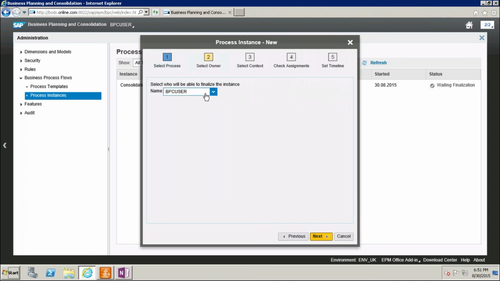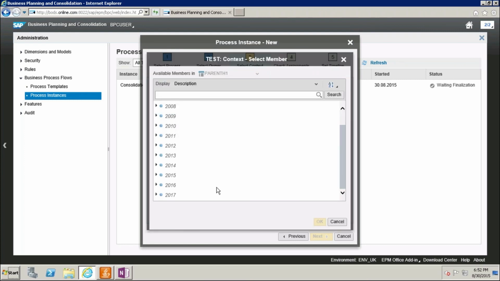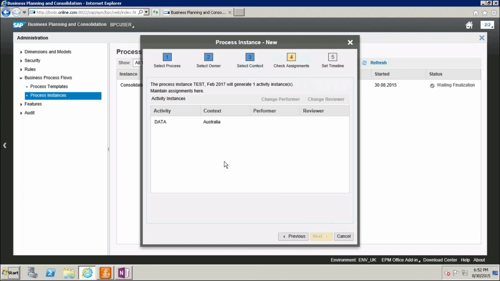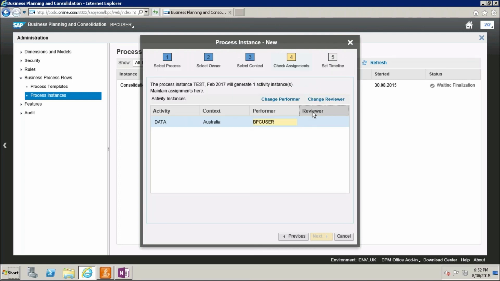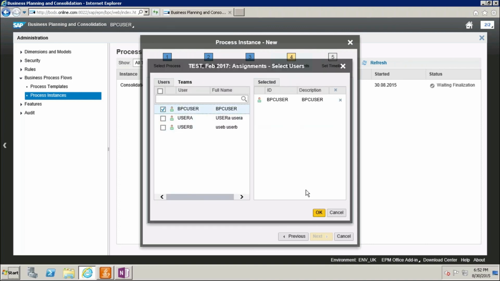Next, only BPC user here. Next, time here, 2017-02. Okay, then next, data. Here I am giving the change performer first, the BPC user, and also the reviewer. We don't have any ID here. I'm making both the reviewer and performer the BPC user.